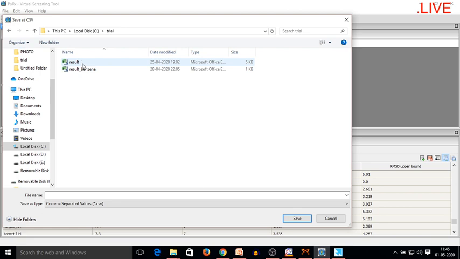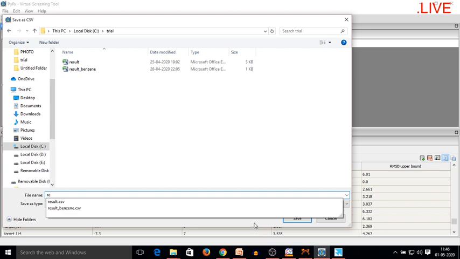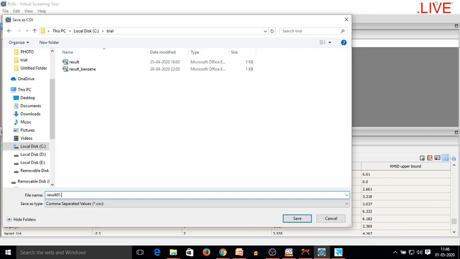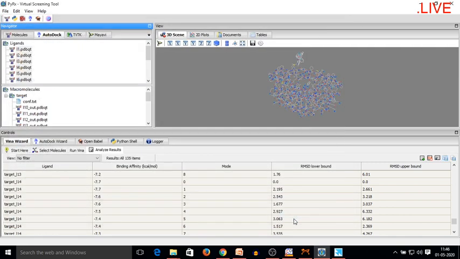You can see the initial results were also present, but I am saving today's result as result, and I will write today's date. Okay, and you can see the file format is comma separated files, abbreviated as .csv, and I will save.